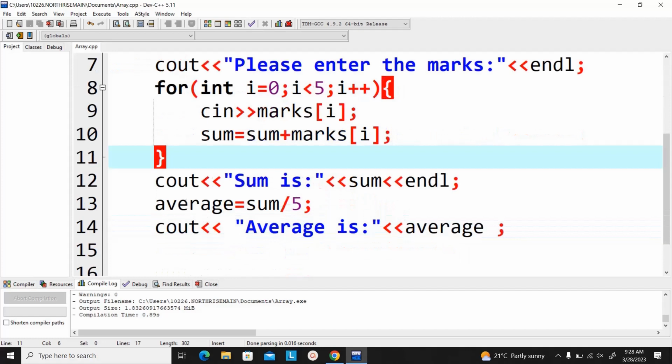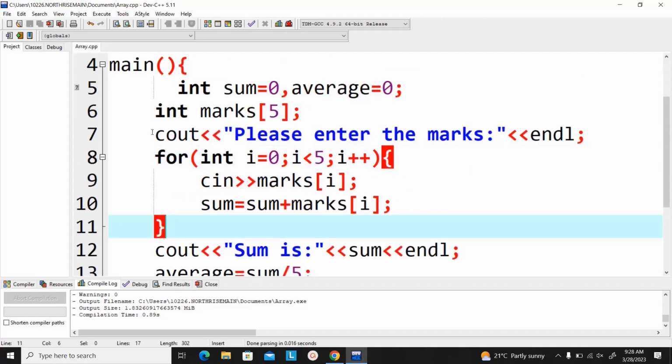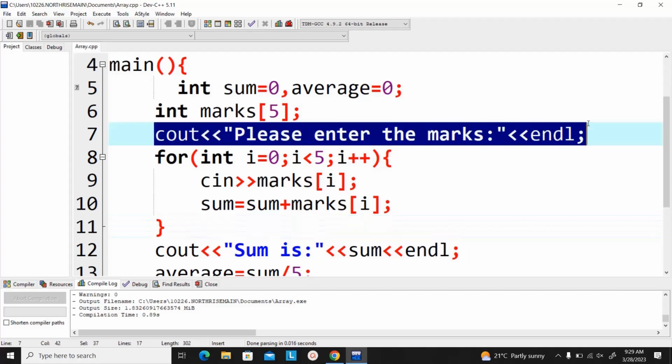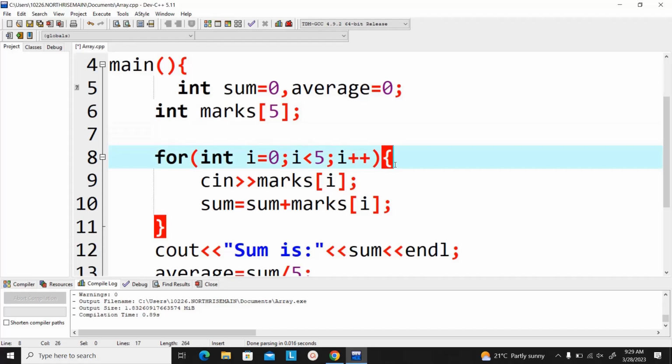You mean this one, sum? No, that's not a matter. You can still put them. Yeah, it can work. Just that it's going to keep on asking you, like, please enter the mark, please enter the mark when you put them inside. So let's say, for example, if I had to put them here, as I was telling you in the beginning,